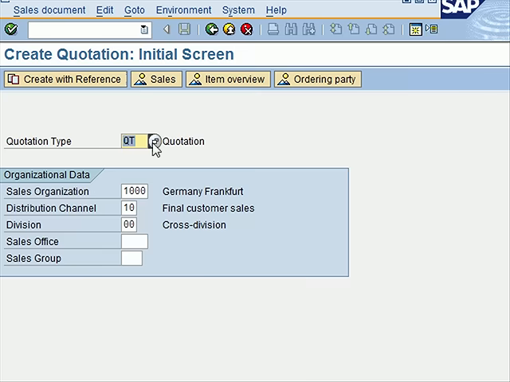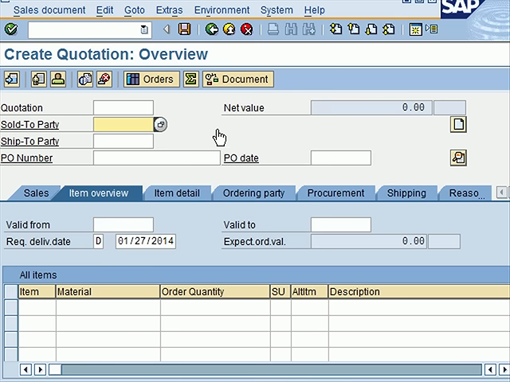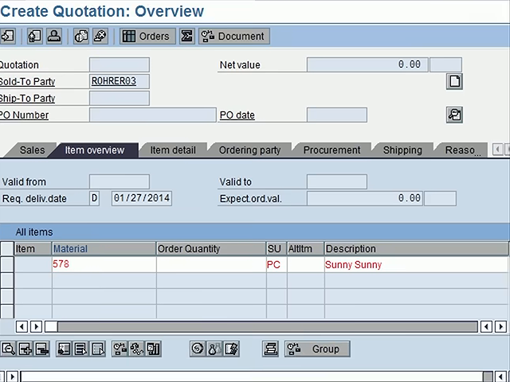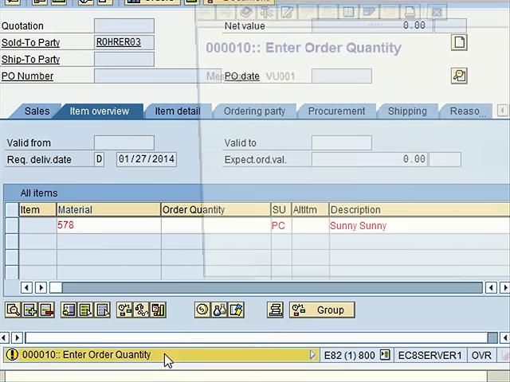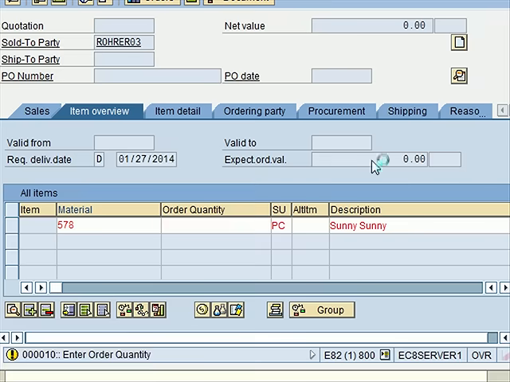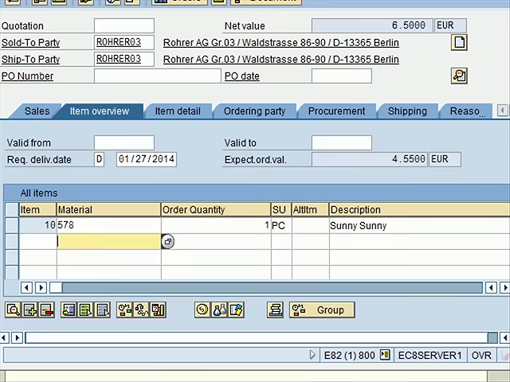I create a quotation. This is a standard quotation type, and this information has been defaulted from my profile, and I enter my customer and I enter my material 578. I need to enter the quantity as well. If I don't, I will get an error. So let's see how that works. This is my error: enter order quantity. The system will tell you what you've missed out. So I enter quantity 1,